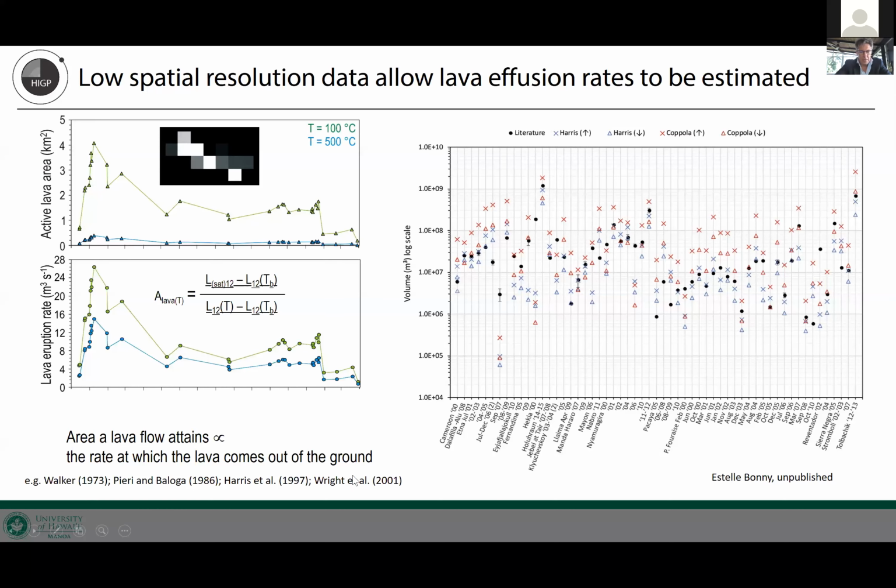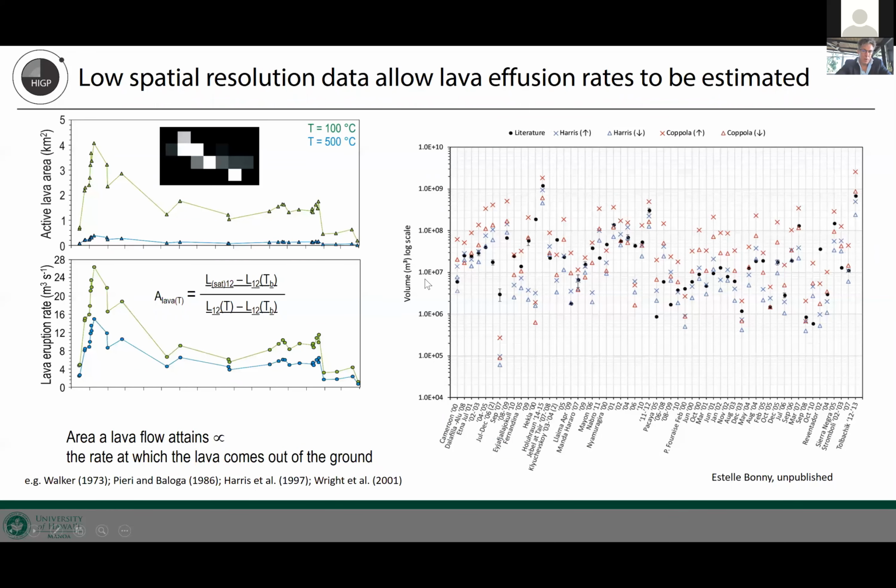You know, read these papers for how it works. One of my recent PhD students did an accuracy estimate of how well this measurement works, and it works okay. So these are the literature values for these lava flows, based on Landsat measurements or geodetic measurements, you know, actual measurements of flow volume. And then the triangles and the crosses are estimates of the area derived from satellite data made using the method of Diego Coppola and Andy Harris